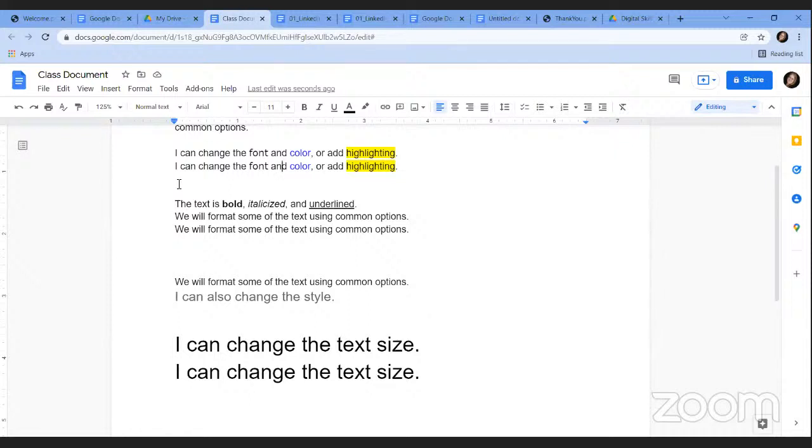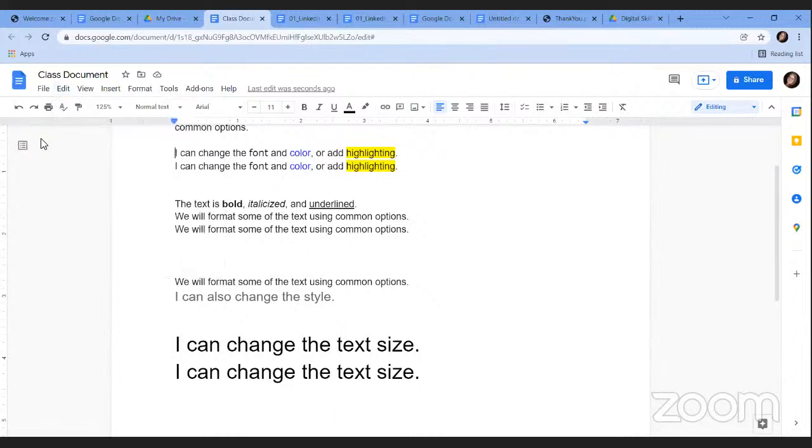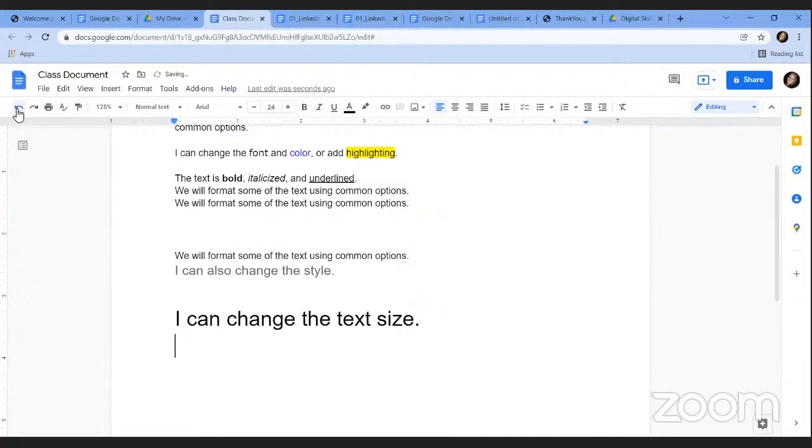Now let's say we're going along nicely, except we messed up something and we want to undo it. We can use our undo and redo actions to be able to do that. I can use the edit menu to do undo and redo, but I also have those little buttons right here on my shortcuts toolbar. I can click undo as many times as I need to here,